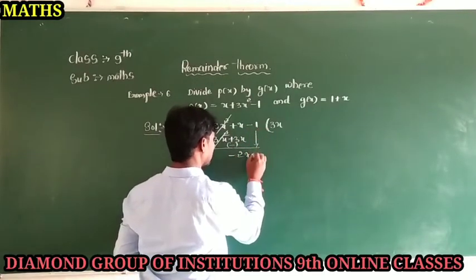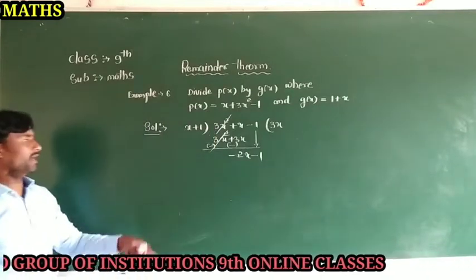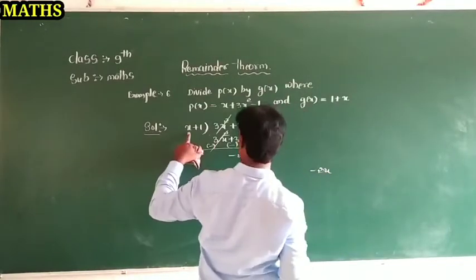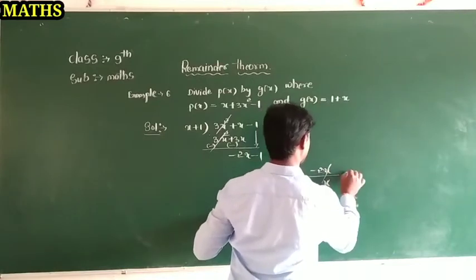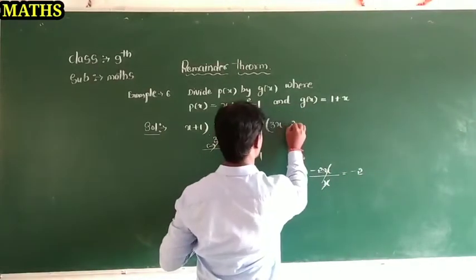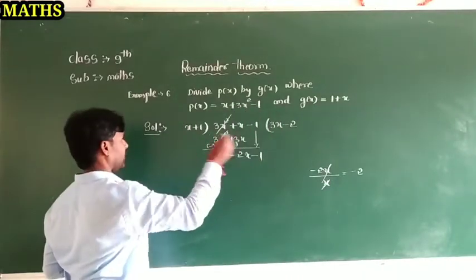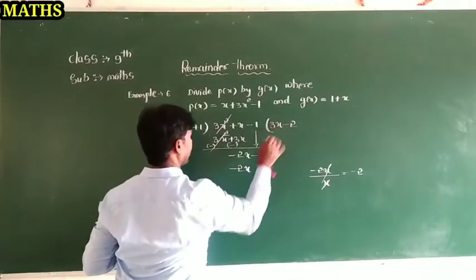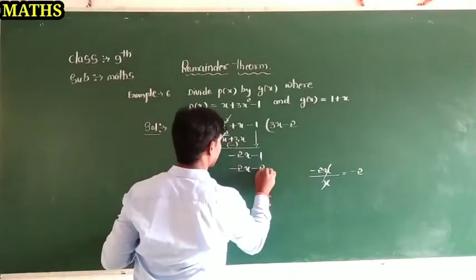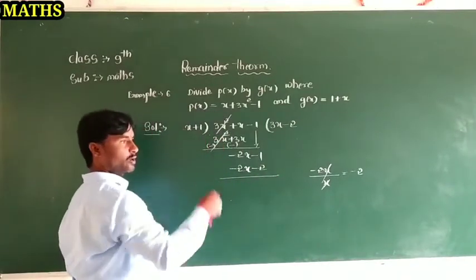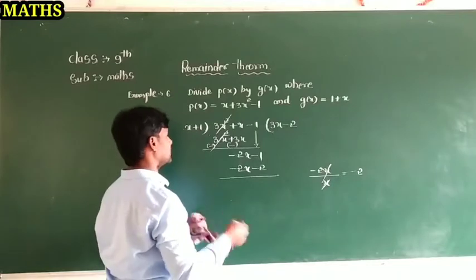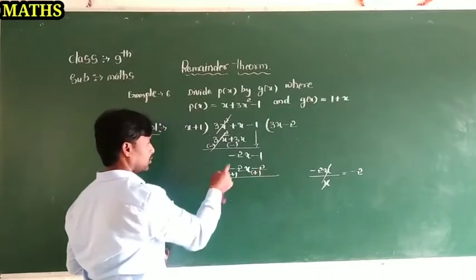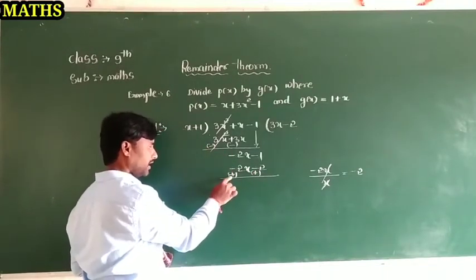Next you bring this one downside, this is minus 1 as it is. Similarly, the next step should be followed. Here the first term is minus 2x and here is x. Both x get cancelled. Remaining here is minus 2. This minus 2 as it is you should write here. Then you multiply it. So plus into minus, minus x into 2, 2x, and here plus into minus, minus 1 into 2, so 2. Next, change the sign. When we are doing the subtraction, we should change the second term sign. This minus becomes plus, minus becomes plus, dear students. So now this sign is silent. You consider this plus only.